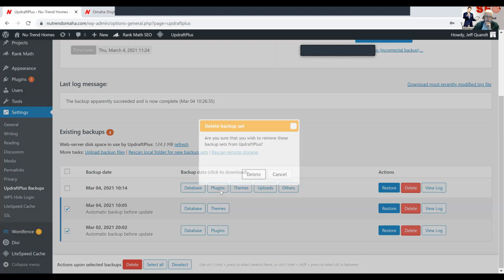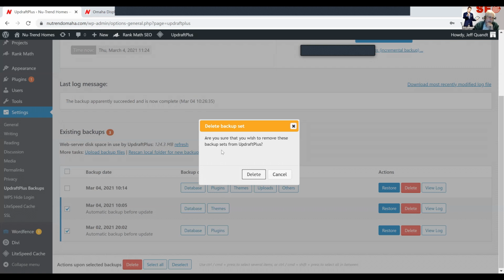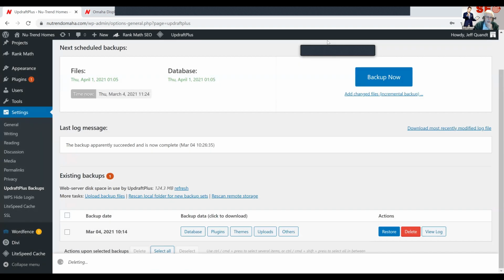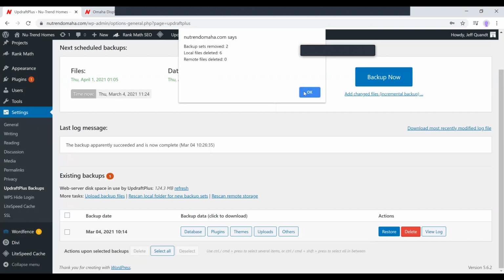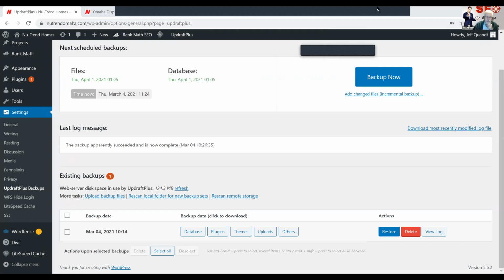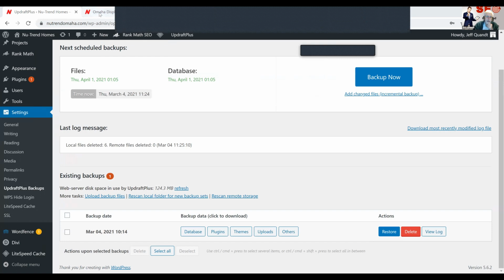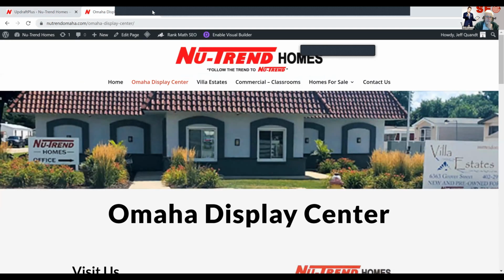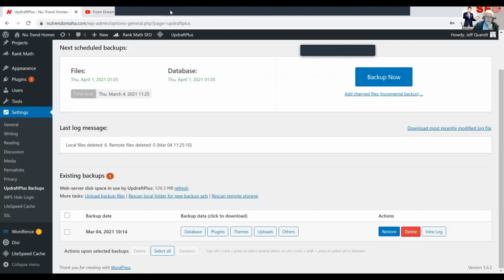And I hit delete, and it says, do you really want to remove these? Now, one of the other options when I get this set up with the backup to the Google Drive, and it's your Google Drive and not mine or anybody else's, it'll actually say you also want to delete them from your backup set. And you'd say, yeah. Remote files really is what it says. There's no remote files because it wasn't being saved on a remote basis. So let me close this down because I want to get over to